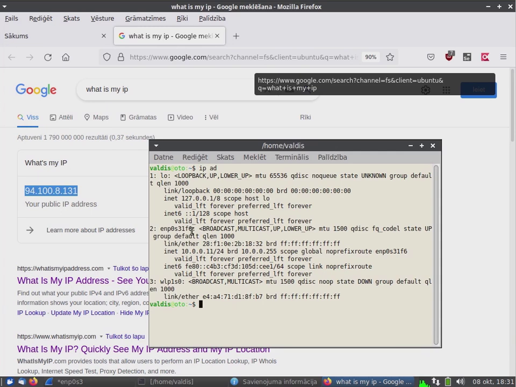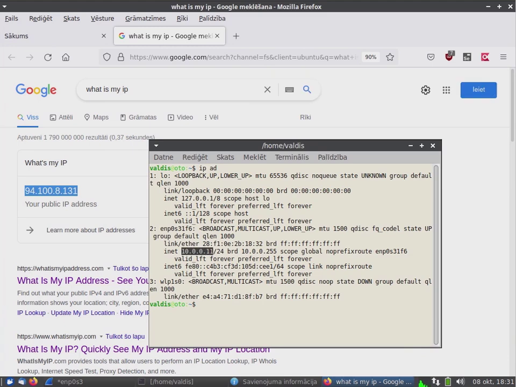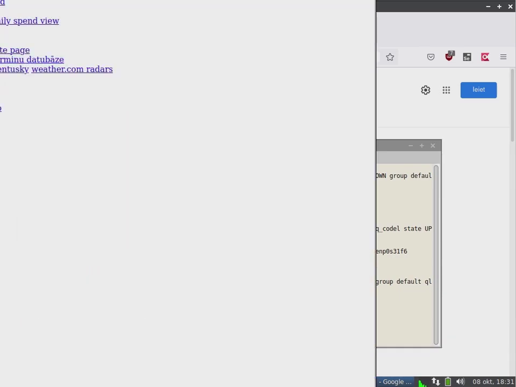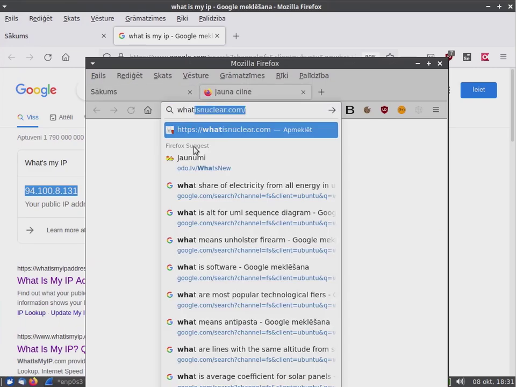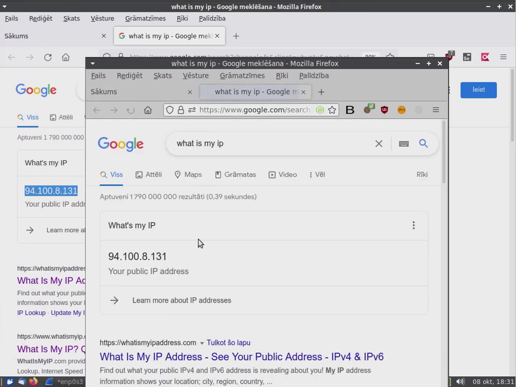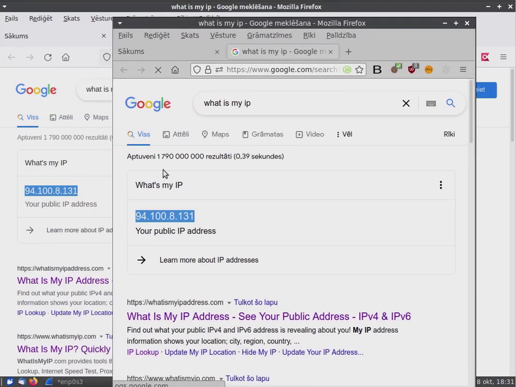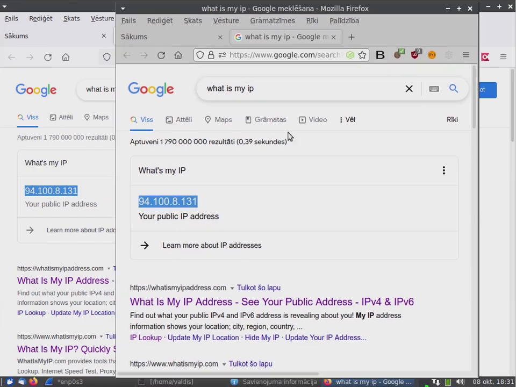For this physical computer, its address is 10.0.0.11, but if I check for my physical computer, what is my IP? You see that my physical computer and this virtual computer share the same public IP address, and later I will show you that there actually may be NAT devices behind NAT devices behind NAT devices behind NAT devices.